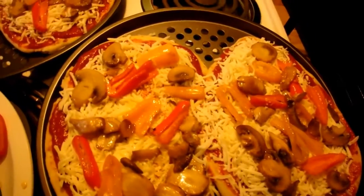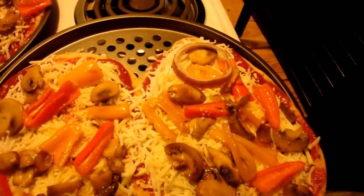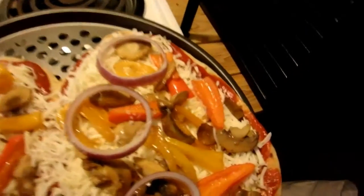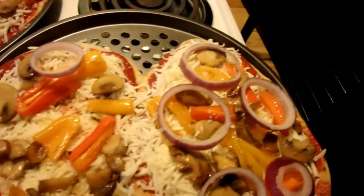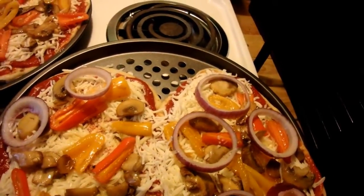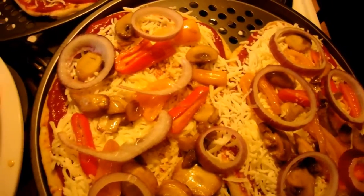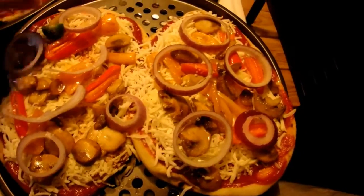Okay, so the first topping that I'm going to add is going to be the red onion. Kind of stuck together a little bit, and trust me, something like this, the flavors that you're going to get from all this once it's cooked, and the juices from each one of these vegetables have melded together, is going to be absolutely fantastic. So alright, I've got the onions on, and now I'm going to add the